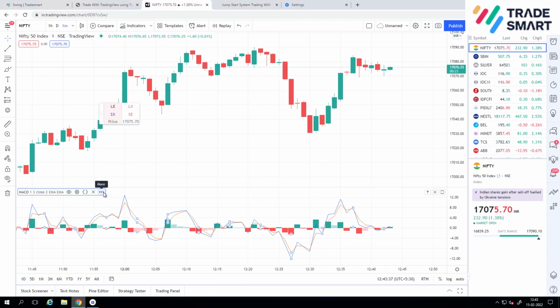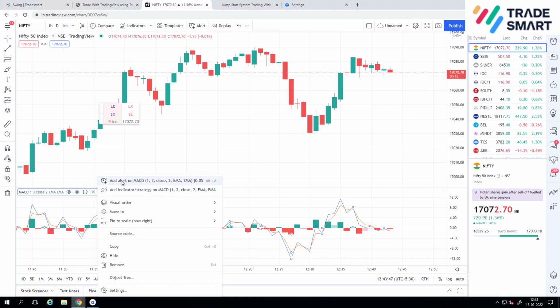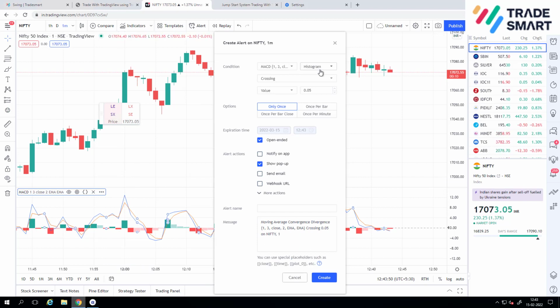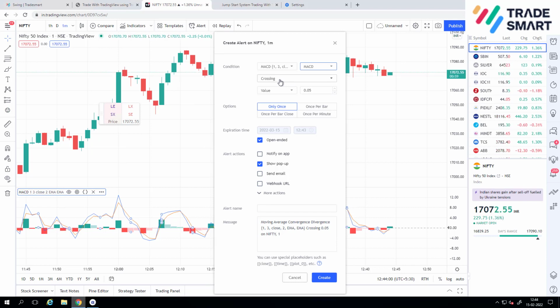Now after adding the settings as per your requirement, the next thing you will do is add an alert. Click on more, add alert on MACD. So we have to add an alert on MACD. My condition is when the MACD line is crossing. Okay, I'm using only crossing because there should be quick signals. So crossing what? MACD signal line. So when it is crossing once per bar, my order should get placed,